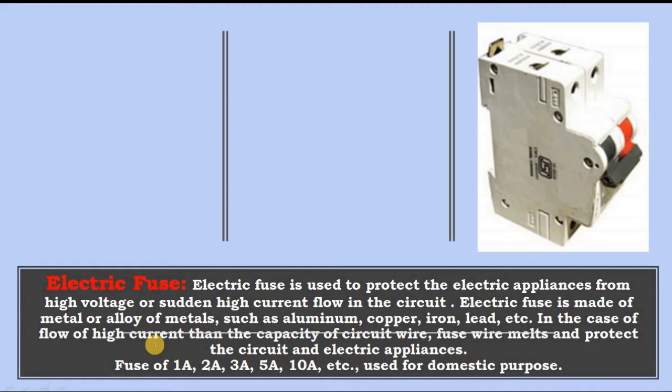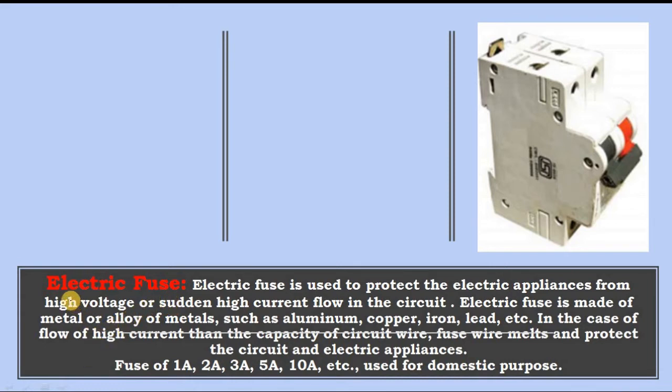Next is the electric fuse. This application of the heating effect of electric current also comes in examinations. So you have three different types of devices. First we have taken the electric bulb, second the electric iron, electric heater or geyser, and the third type of device based on the heating effect of electric current is the electric fuse. And what is an electric fuse? You must have seen the MCBs fitted in your house, or somewhere you must have seen the electric fuse.